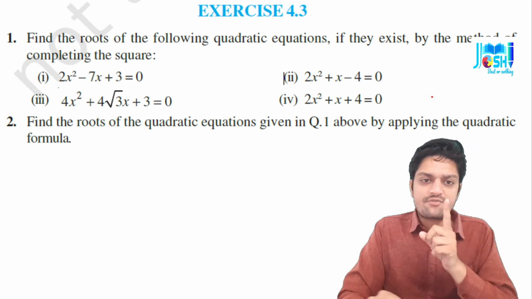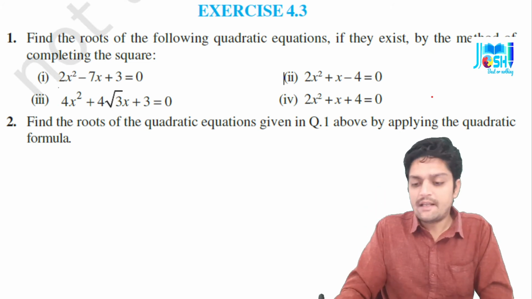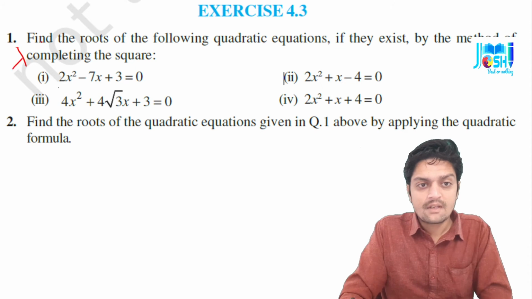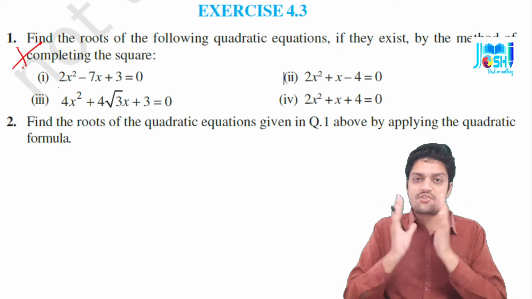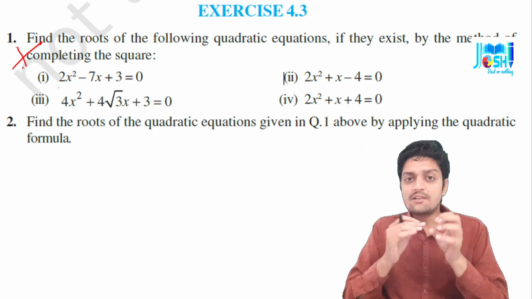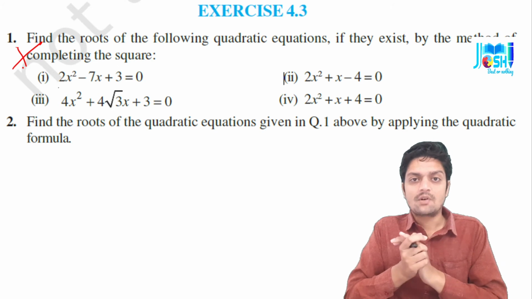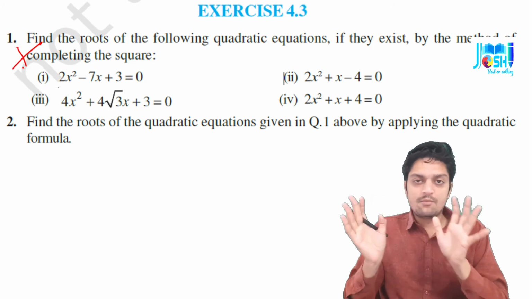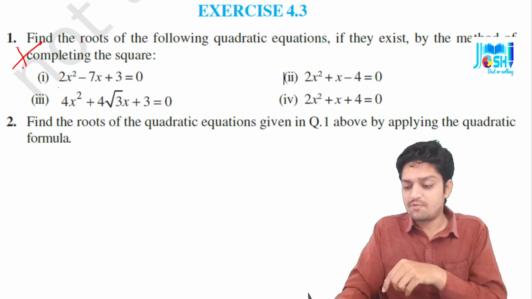Actually, this first question, the completing the square method, is already removed. It is removed because, as I have informed you, I will only take those things which are included in the 2020 government syllabus. So this first question is removed and I will not take that. But why have I put this question here?